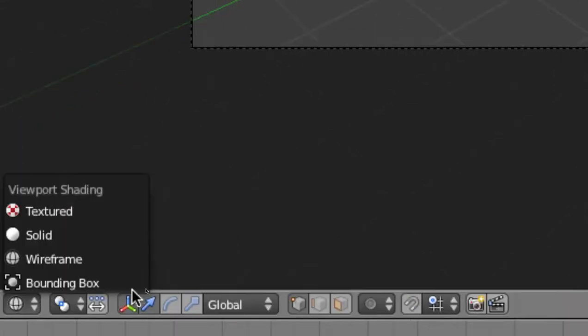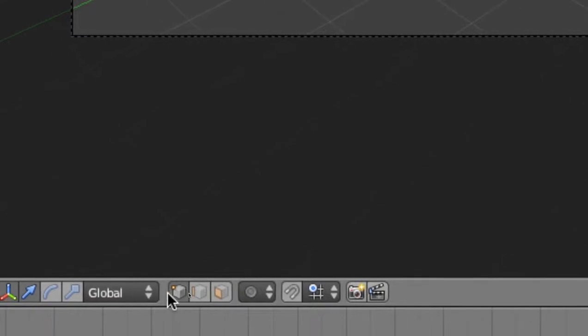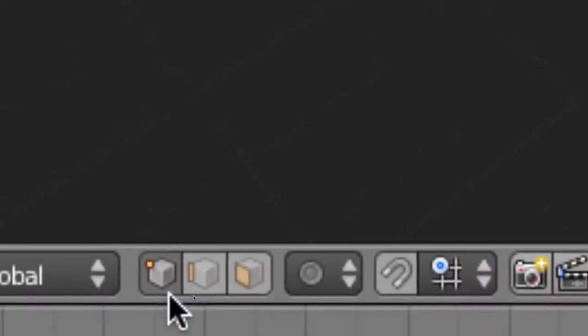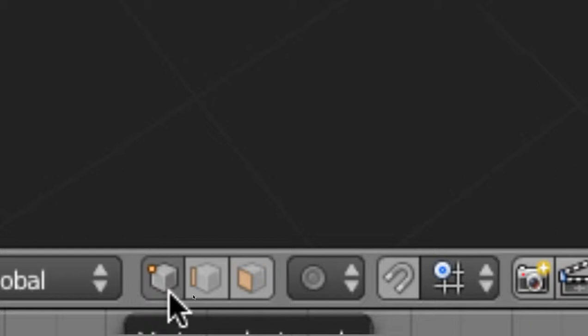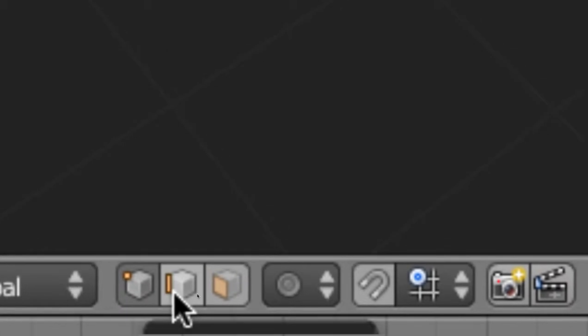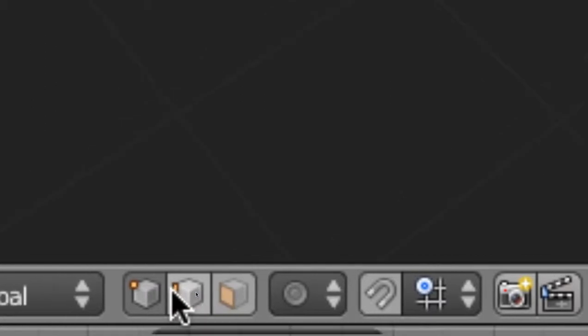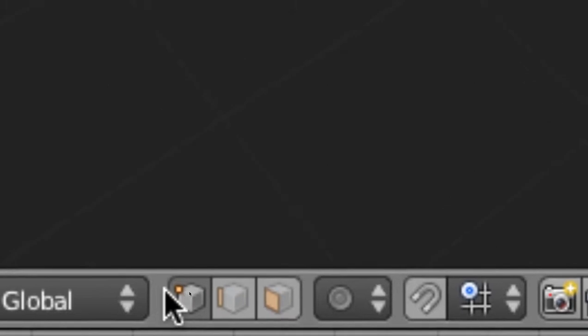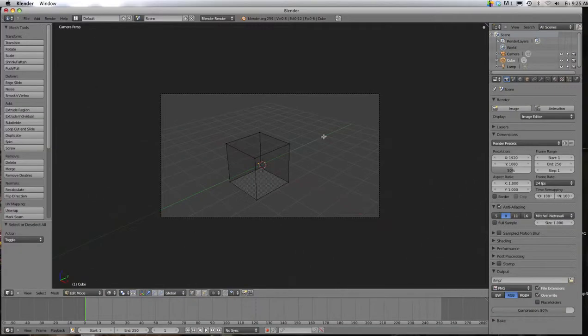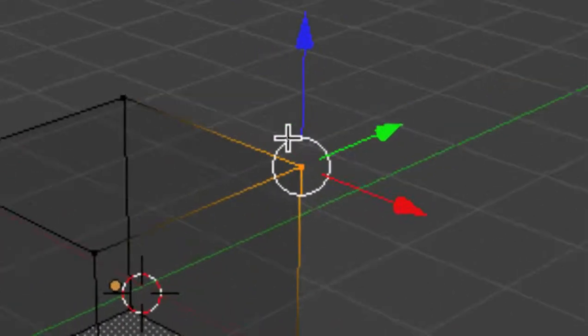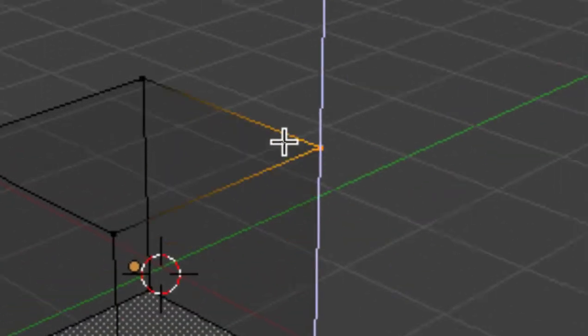We will continue to go over here just a little bit, and you can see here, this is really important. This is vertex select mode, or edge select mode, or the face select mode. You will use this a lot, okay, depending on what you want to select and what you want to deselect. Okay, so right now we're going to stick with a vertice, and we're going to select one. So to select one, I'm going to hold Control down, and I'm going to circle the point I want selected. So I just hold the Control down